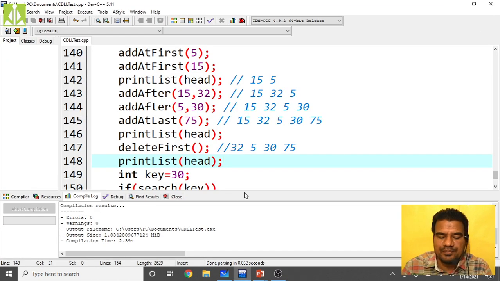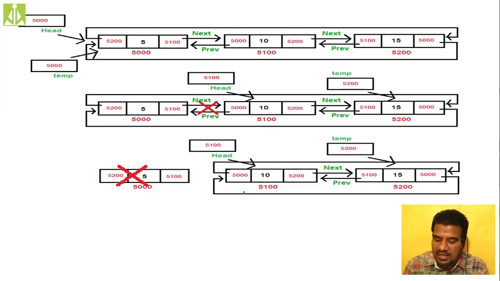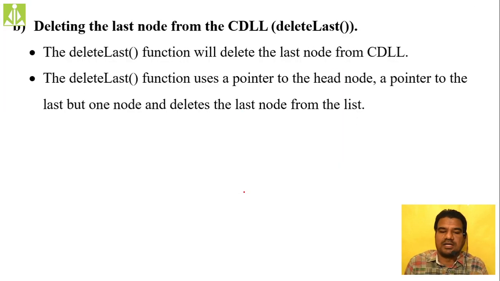So the next thing, yeah, delete after. We will give the key value, and simply the function should delete the node after that node. Okay, the logic I have given, that you can do as homework. We'll give the key value, and whatever node is having that key value, simply delete that node. That you can do as homework.